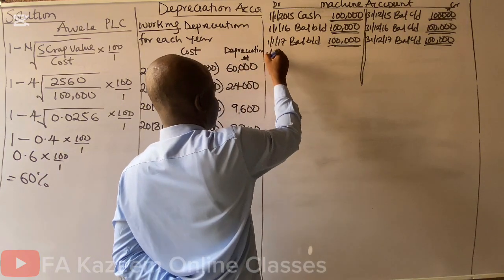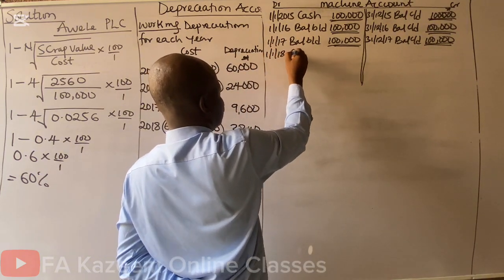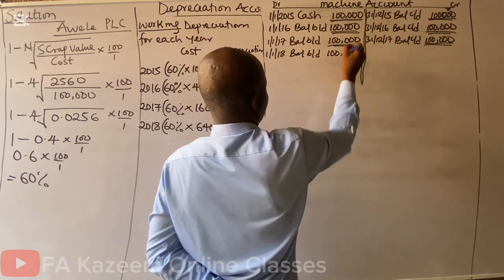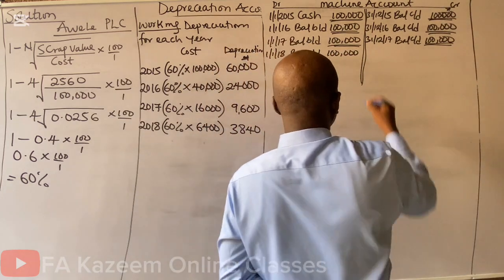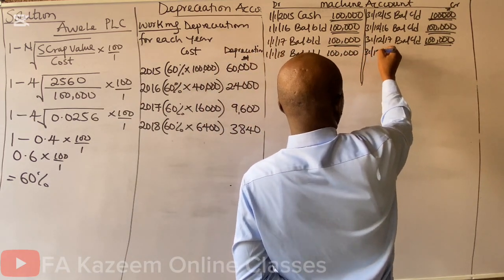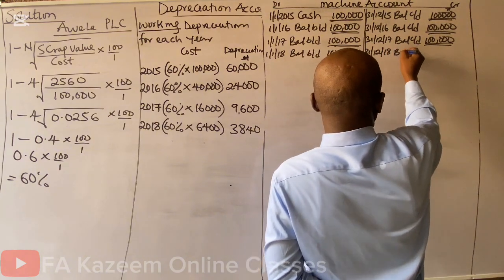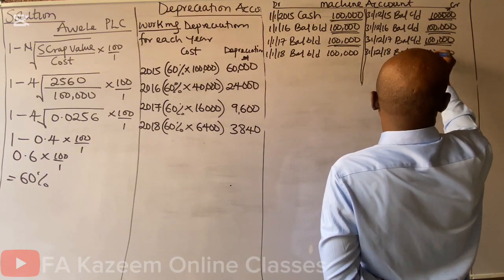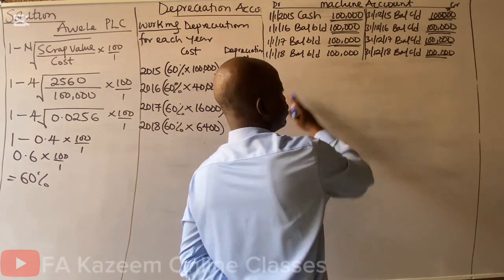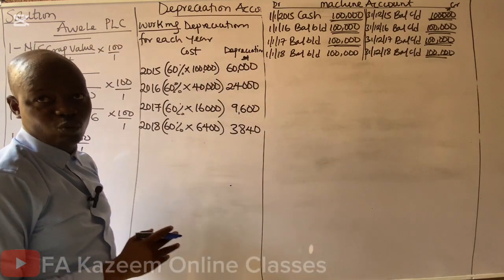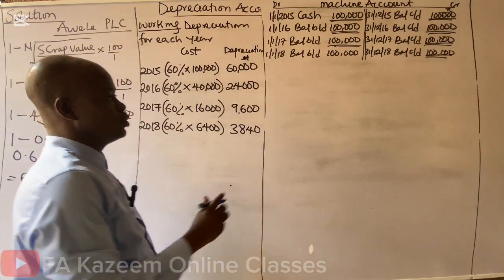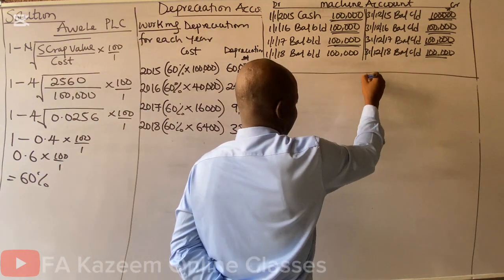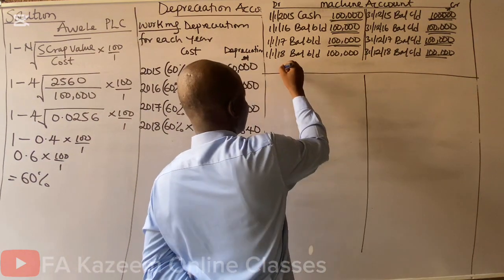Last year, the fourth year, 2018, balance brought down 100,000. At the end of the fourth year, balance carried down 100,000. That's end of fourth year. Now, having done this, that's requirement 1. That's the number 2. The next account to solve is the main work, which we call